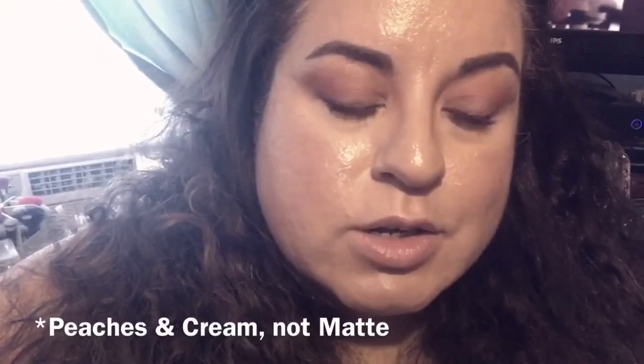I'm going to say that for me, this foundation is not 14-hour, at least not with the primer that I used, which was a Hard Candy primer that I didn't have much luck with last time I used it. But that being said, I want to try this foundation with other primers like the Boscia mattifying primer, or even with the primer that I just purchased today at Sephora from the Peaches and Matte collection. So I'm not going to end the video here. I'm just going to end my review for today